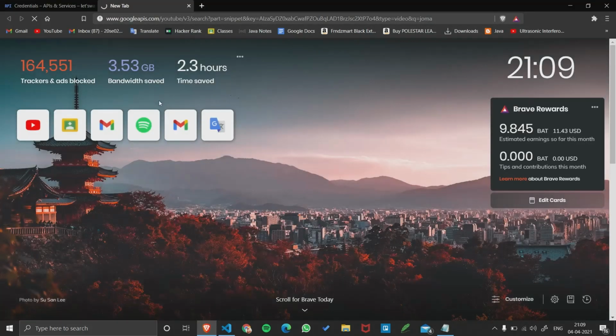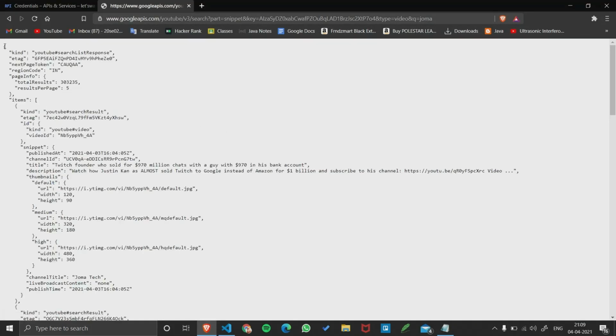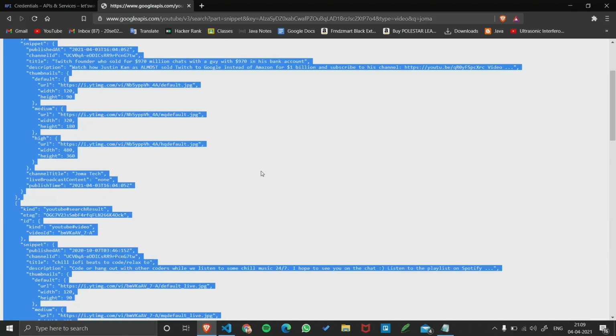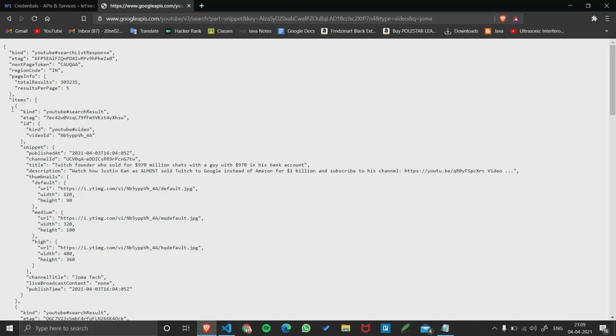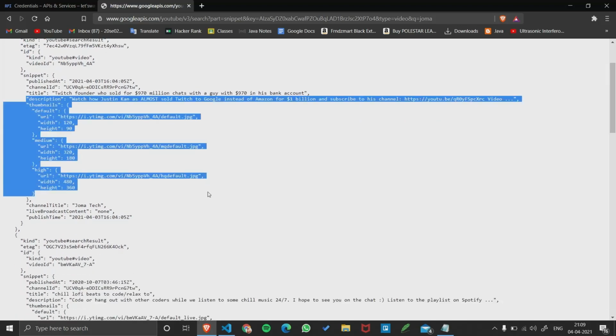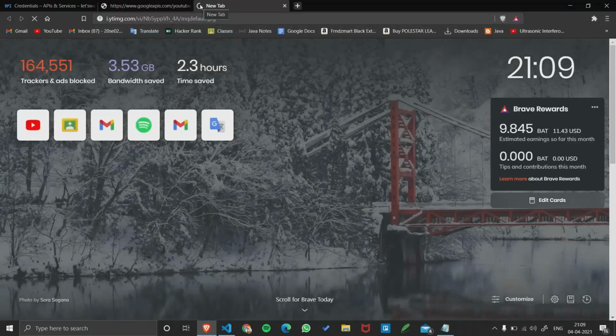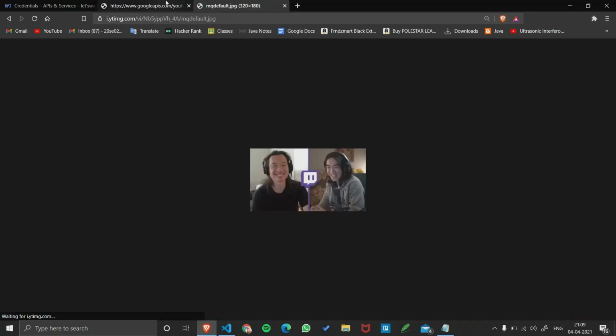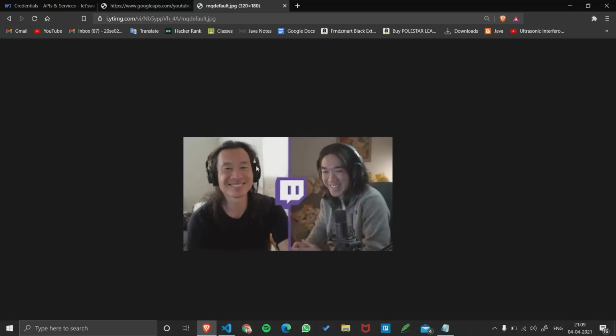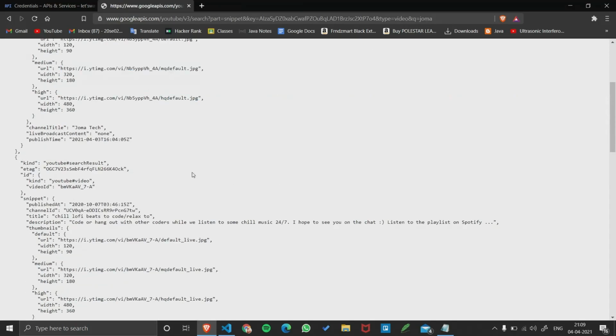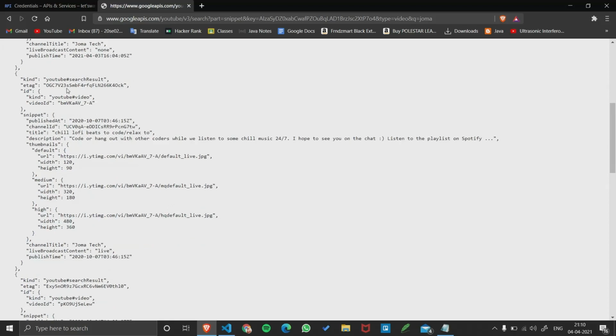Perfect. So it will give you JSON-type details like this. In this, as you can see, you have thumbnail pictures. If you take one and click it, you will get the thumbnail of the video, and we need a video ID to play our video.